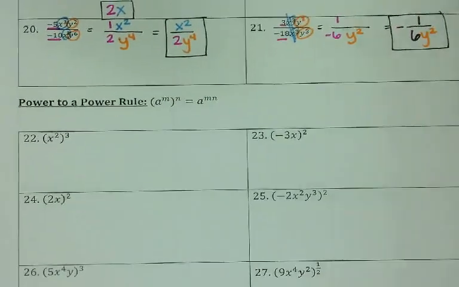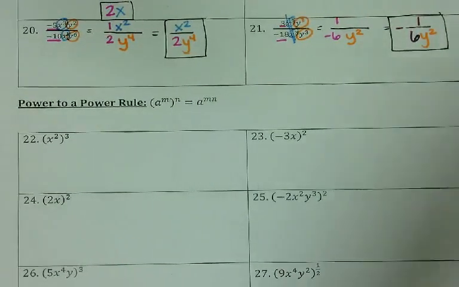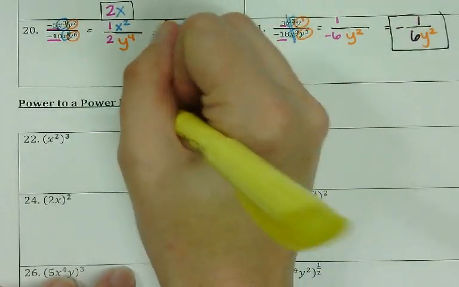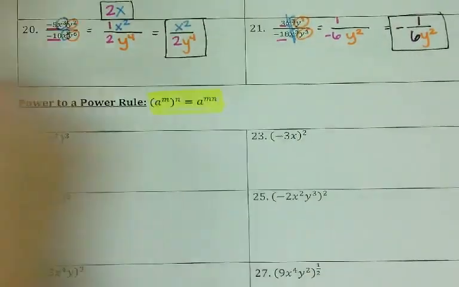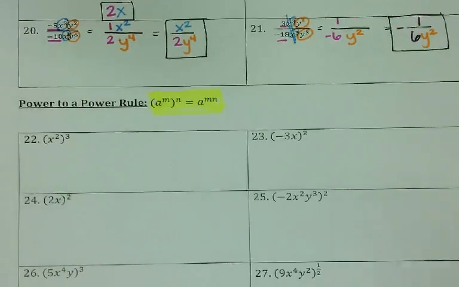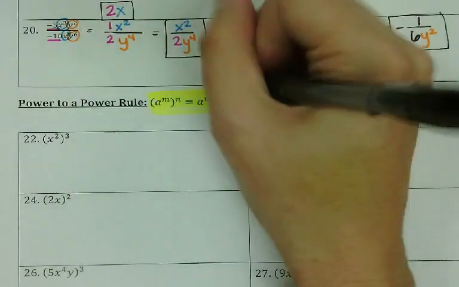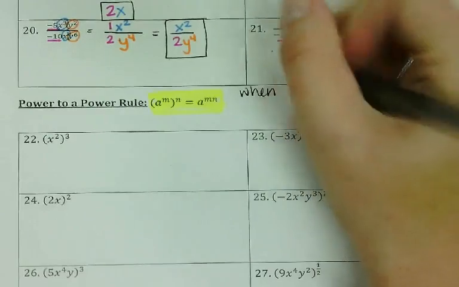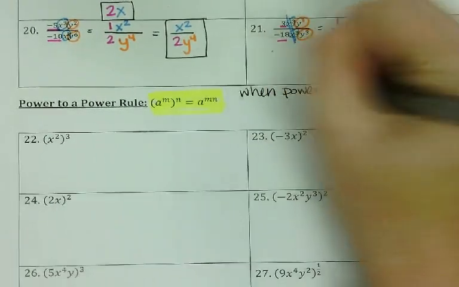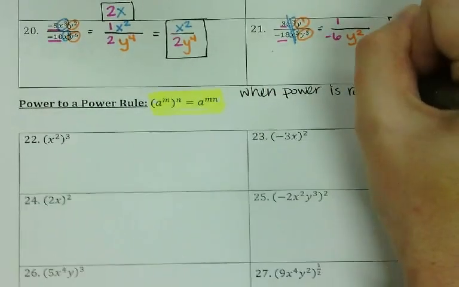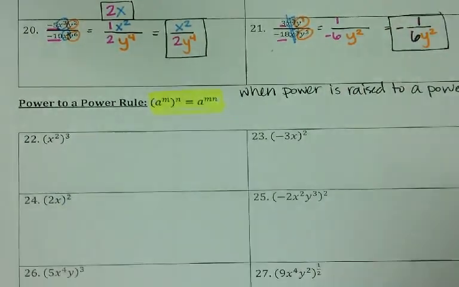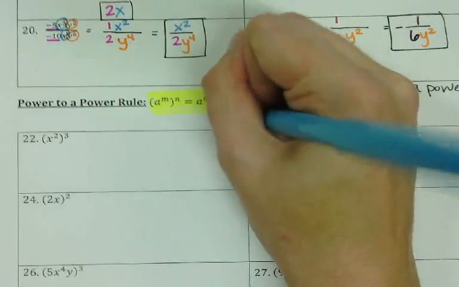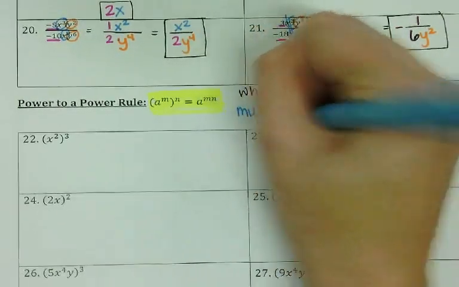All right? Now, this is our very last rule today, okay, guys? We're going to talk about this power-to-power rule. So my power-to-power rule is a little bit different. Now we are taking our exponent and we are raising it to another power. So, guys, this is important. When a power is raised to a power, what we do is we are going to multiply our exponents,